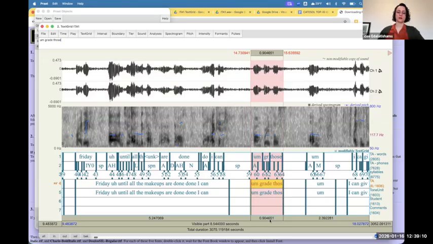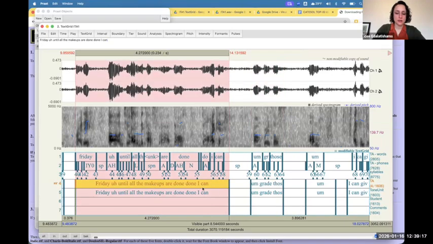And then the next segment would be this one. grade those. So she's making pauses in the middle of a tone unit, as you can see. Let's say I'm interested in getting this segment of speech to talk about pausing in the middle of a tone unit with my students. To click or to select a section, you can click within these lines or between these